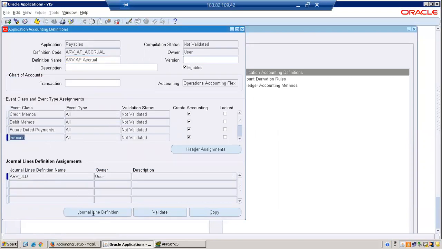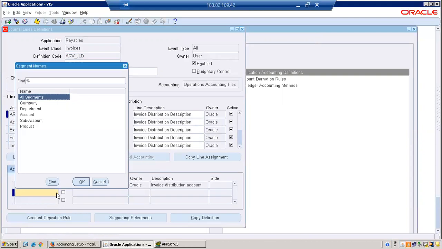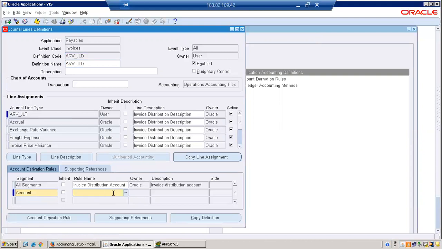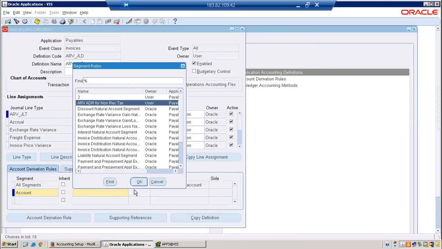Okay, so this is my custom application accounting definition. Under custom application accounting definition, under an event class of invoices, you have this custom JLD. Go to your JLD. Within the JLD, I have my custom JLT. Within my custom JLT, this is the standard ADR. Now associate my custom ADR for the segment account. So in the drop down, select this,